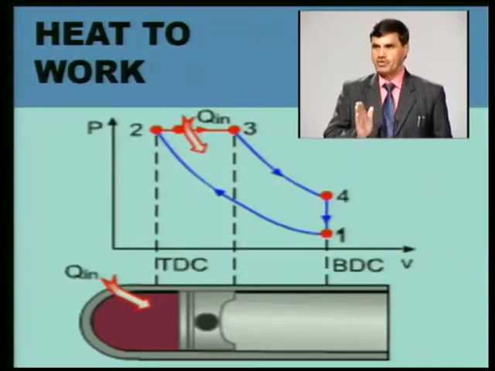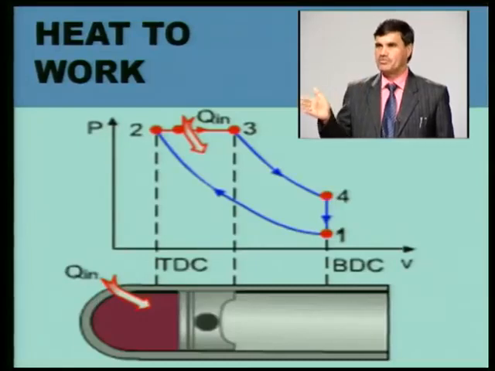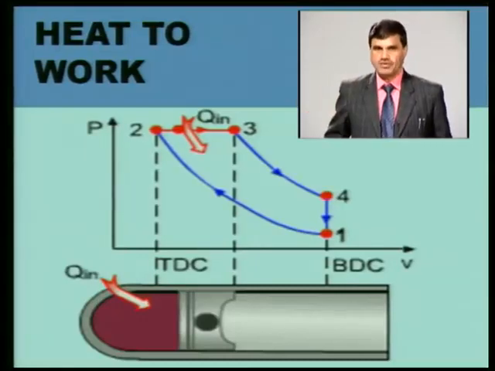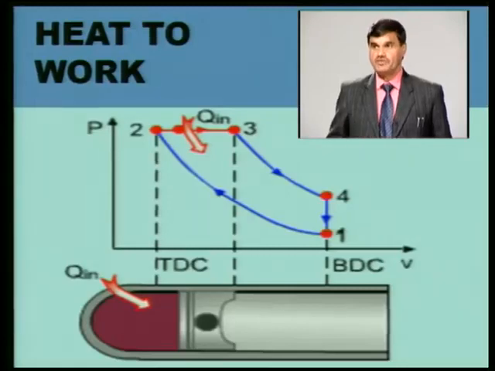So, when it is moving from TDC to BDC, part of the movement, the process is in such a fashion that the pressure inside the cylinder is constant. When we are adding heat, pressure has to increase, but at the same time because the piston is moving, the volume inside the cylinder is increasing. The process of heat addition is constant pressure, but this is not a reversible process. The Q in which we are giving is not a reversible process.